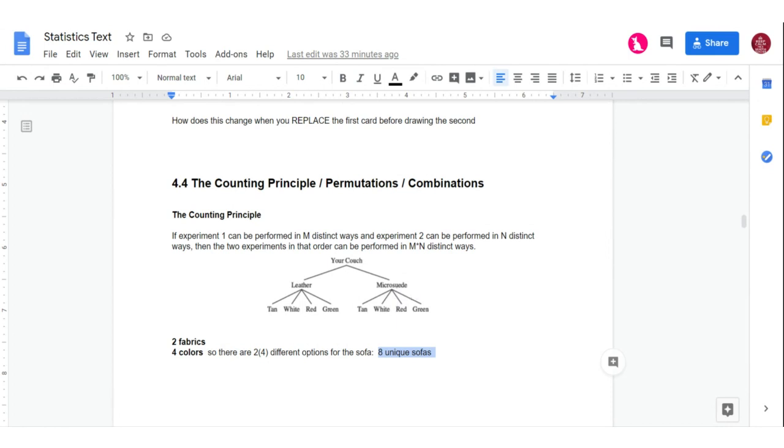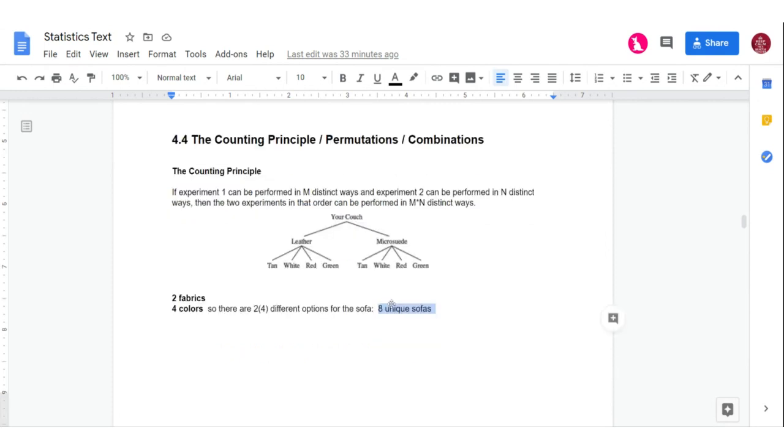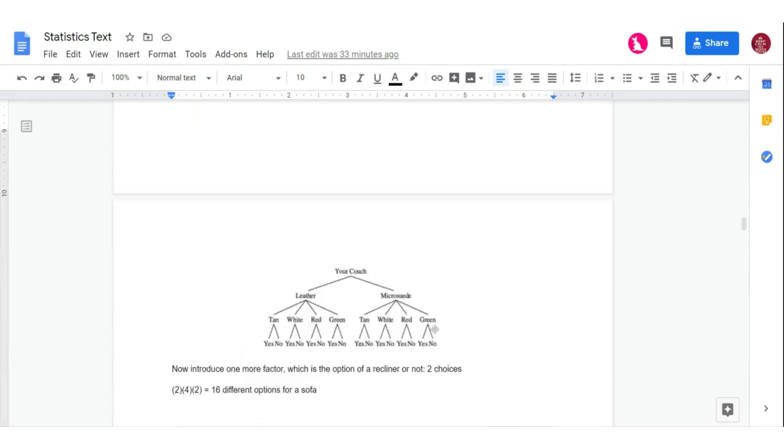That's 8 of them. Now let's say we throw in one more option there, because it doesn't just work with 2 experiments. We can throw in another one. Let's say now you've got the option of either having a recliner in that sofa or not. And that's what this little yes, no means down here. And notice that for every one of those color selections, you've now got 2 branching off of that, a yes and a no. And you've got 1, 2, 3, 4, 5, 6, 7, 8, 9, 10, 11, 12, 13, 14, 15,